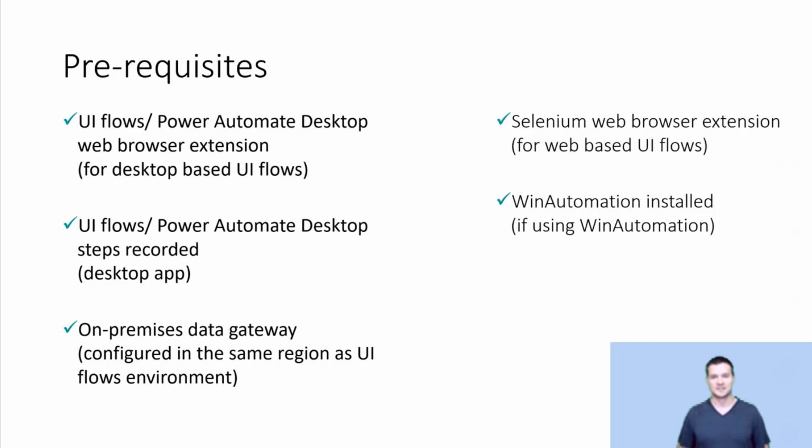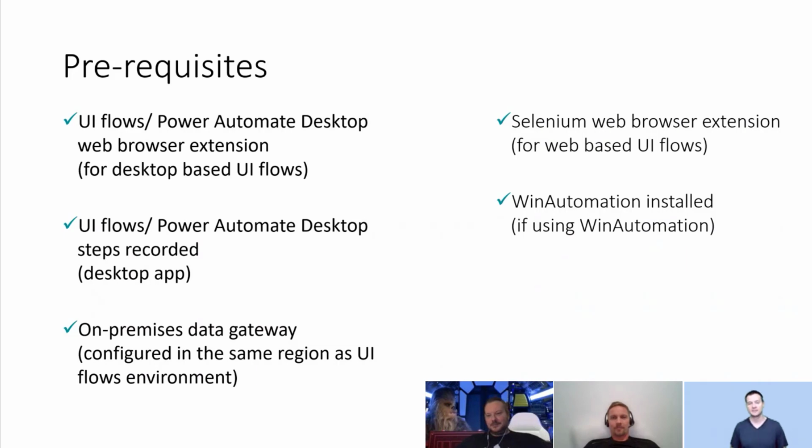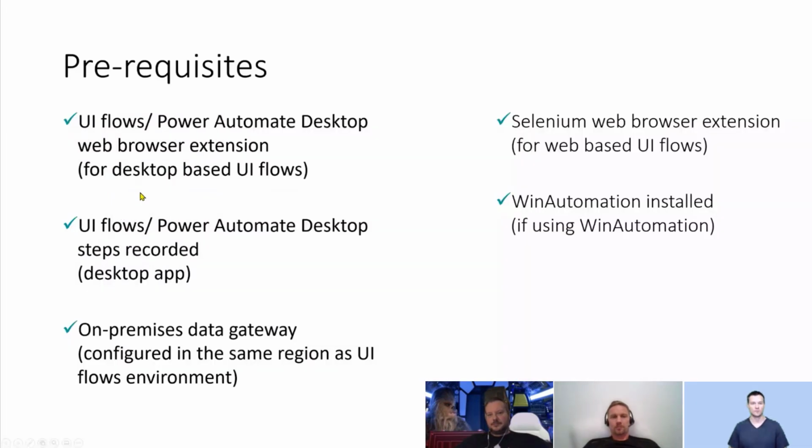Right, so that's enough about the prerequisites. Lots of things to be installed. Yeah, but basically, you just need to have these three first. The first two are covered by a single installer, and then the gateway by the second installer. What is also important is that with UI Flows, I mean, with Power Automate Desktop, there are updates nearly every month. So it is advisable to be up to date with the latest version, because with the latest version, we get the latest functionalities and the assurance that the whole integration is going to work. So just this small hint again.